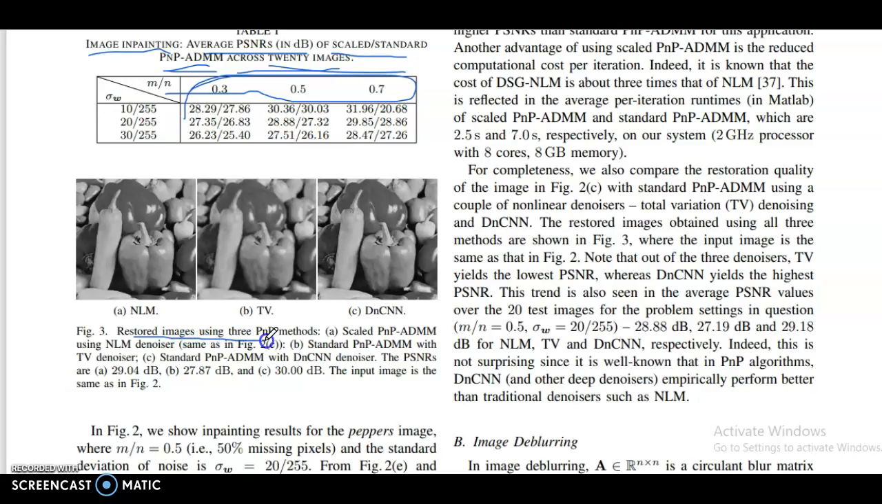Restored images using 3 PnP methods. This one is scaled PnP-ADMM using the NLM denoiser, same as figure 2C. Standard PnP-ADMM with the TV denoiser, and standard PnP-ADMM with the DnCNN denoiser. The BSNRs are 29.04 dB, 27.8